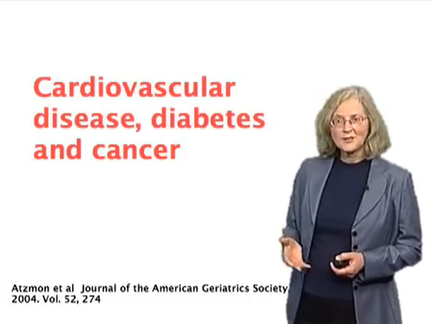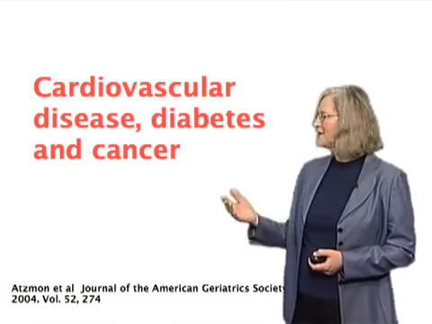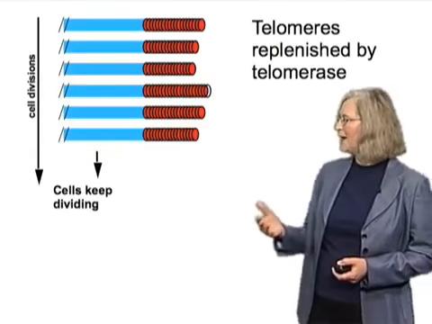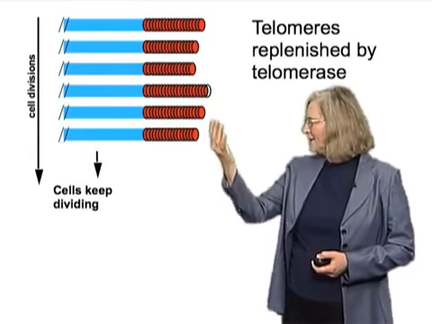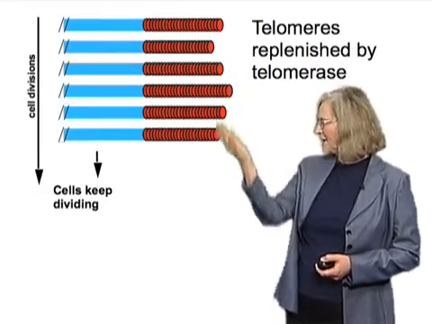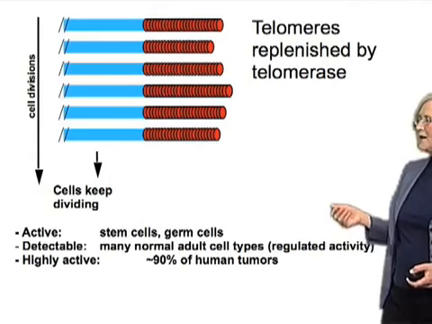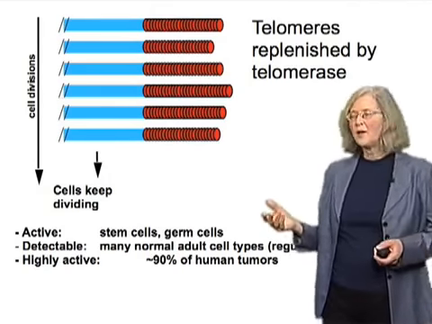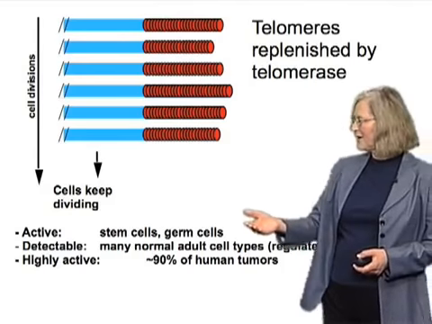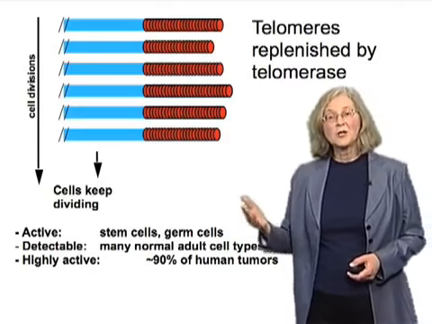So, cardiovascular disease, diabetes, and cancer responsible for most deaths in the elderly, and for which there's a significant non-genetic component. So how can one analyze this further, and what's this got to do with telomeres? So that is what I'm going to tell you about now, some relatively recent research which connects these with telomere maintenance now in humans. Okay, so to remind you, if telomeres are replenished by continuous telomerase action, then the cells can keep dividing. And in humans, when one looks at the distribution of telomerase activity in different cell types, one does find telomerase in stem cells and germ cells. These are cells that are expected to be essentially immortal cells.